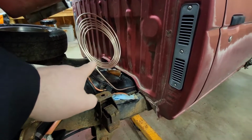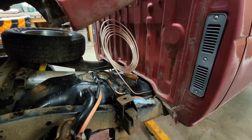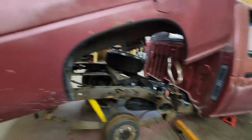We got this line run coming out up front. We're going to cut this now and make it look all nice, and then make another one and flare them both, put them on, and hope they don't leak. So to do that,